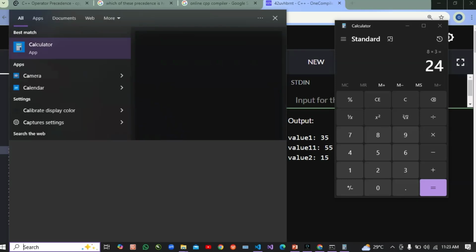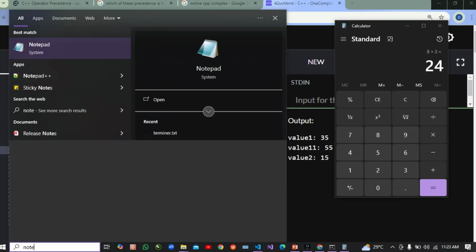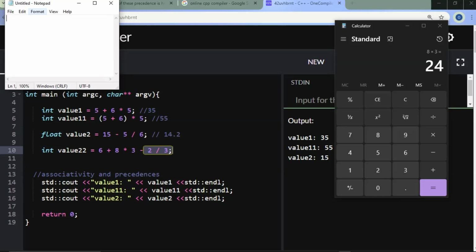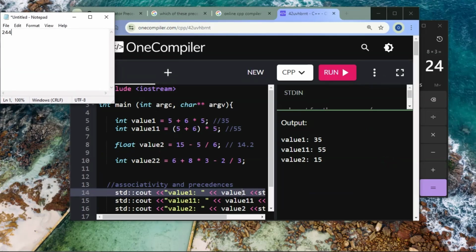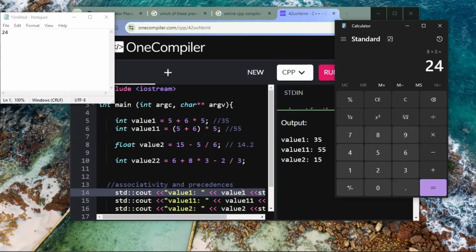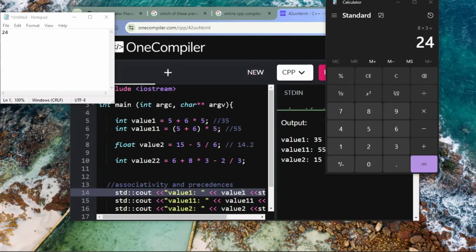Let's try and have some kind of notepad here, so in order to store our value, we have 24. That's the value we generated from this side. We have 24, and because we are starting from the left to the right,